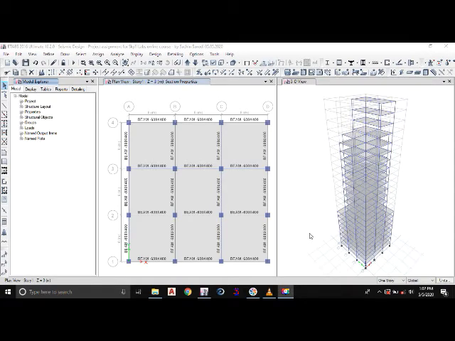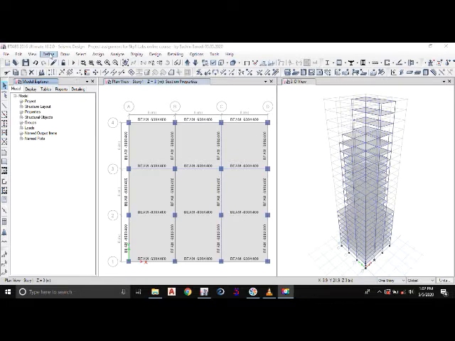As a part of the second assignment for the Skype Labs online courses on tall buildings, we are going to design a tall building of 23 stories. It is subjected to dead load and live load, and now we are going to design that building for the seismic loading. So this is the model of a building which we have already done for the wind load analysis. So we will be using that particular model for the seismic analysis.